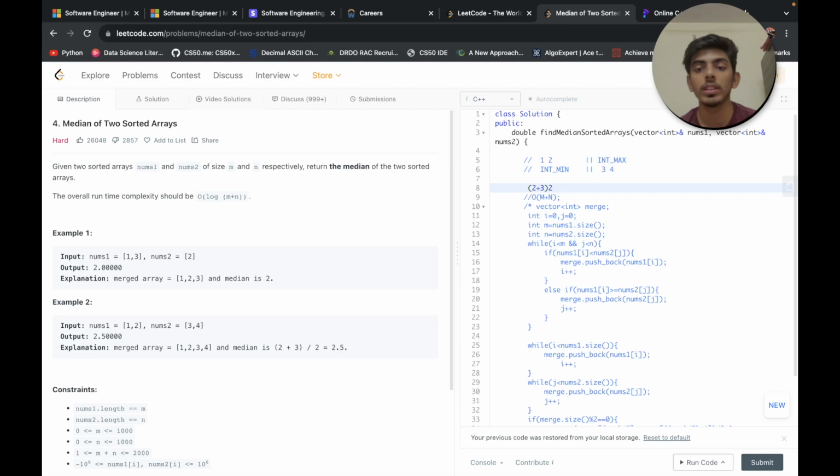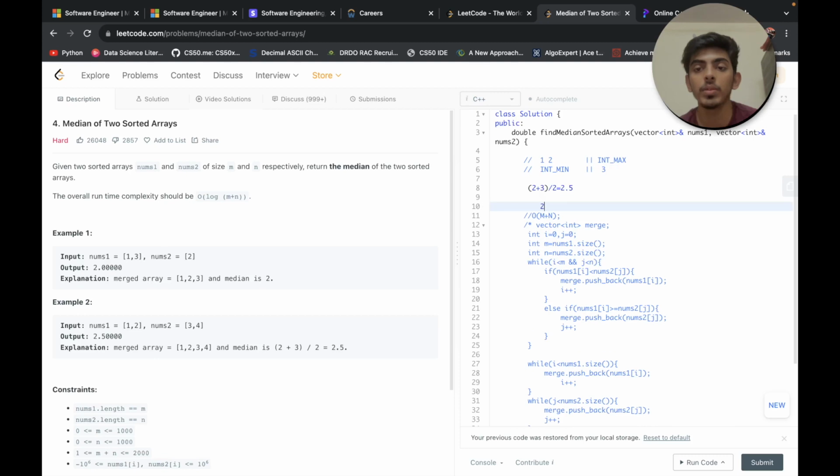If the size of the array is odd, then we'll simply return the max in the leftmost. What will be the maximum in these two arrays? 2 and int min, what is the maximum? So we'll have 2, so we'll simply return 2 over here, if this is the case, right?